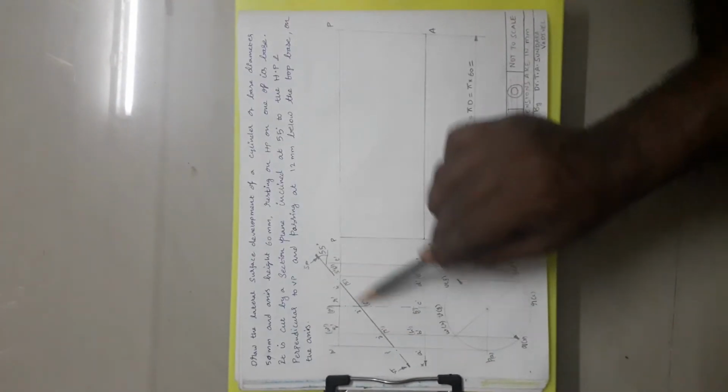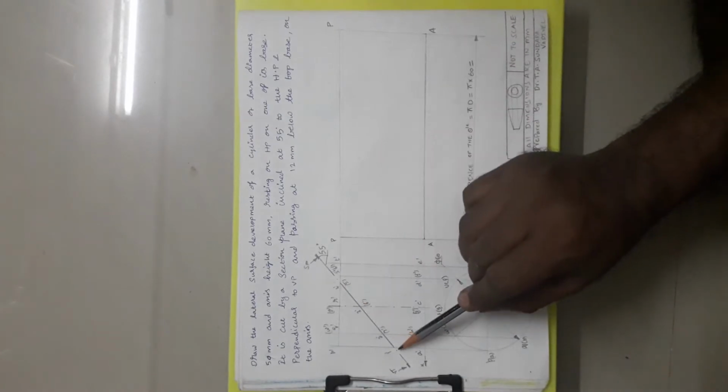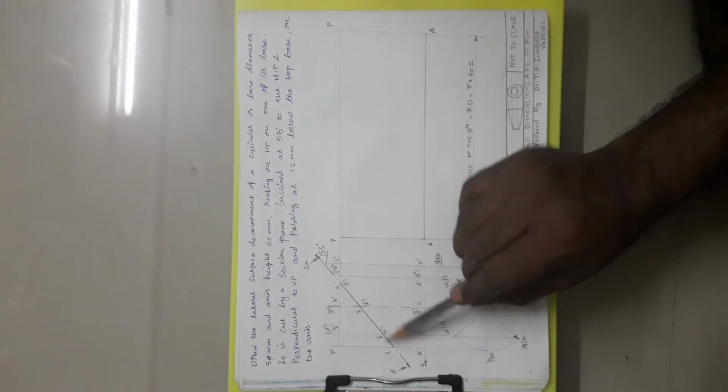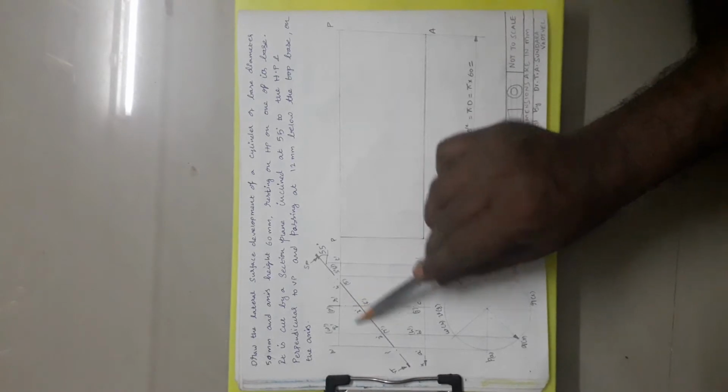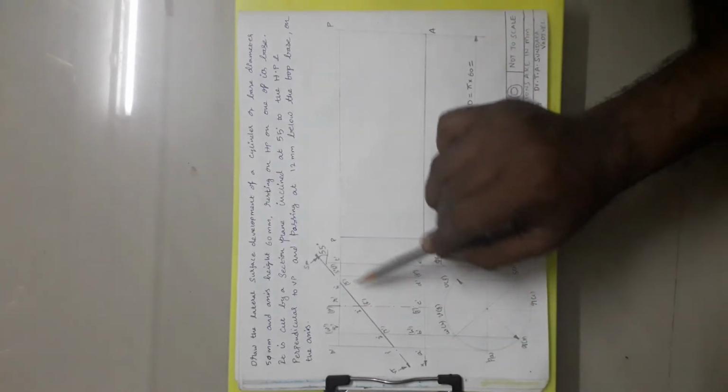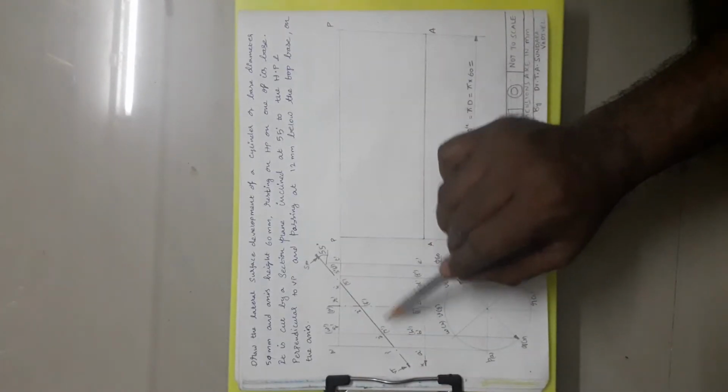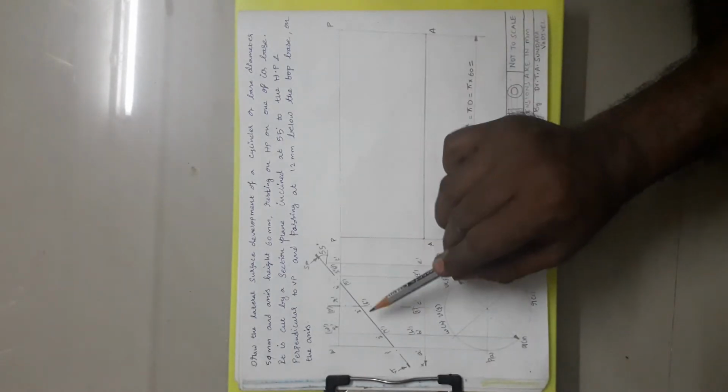Then we have to draw the cutting plane and mark the cutting points. So here it cuts one generator, here two generators, here two, and here it cuts the top base. Okay, so in total we are getting 7 points. So we have given the names 1 to 7.